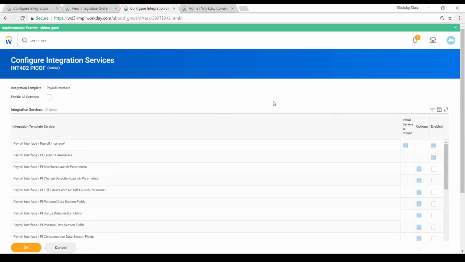And you can integrate this payroll interface directly within the pay group. So whenever you run this integration, it automatically updates your pay group and says, okay, this is the last time I sent an extract to a payroll vendor for this pay group. And I'll also show you how to do that. But